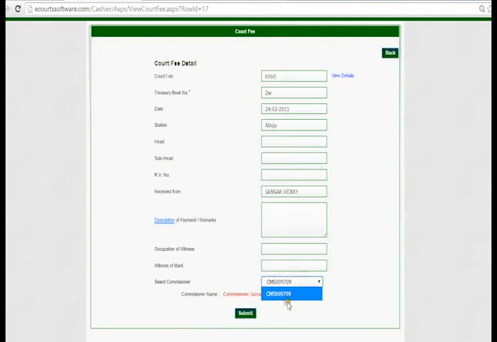So this is the only person in the panel right now, commissioner panel. It means commissioner panel has only one commissioner. Okay, and this is the registration number of the commissioner, and when you click on the submit button, automatically this case will move to commissioner panel. All right,